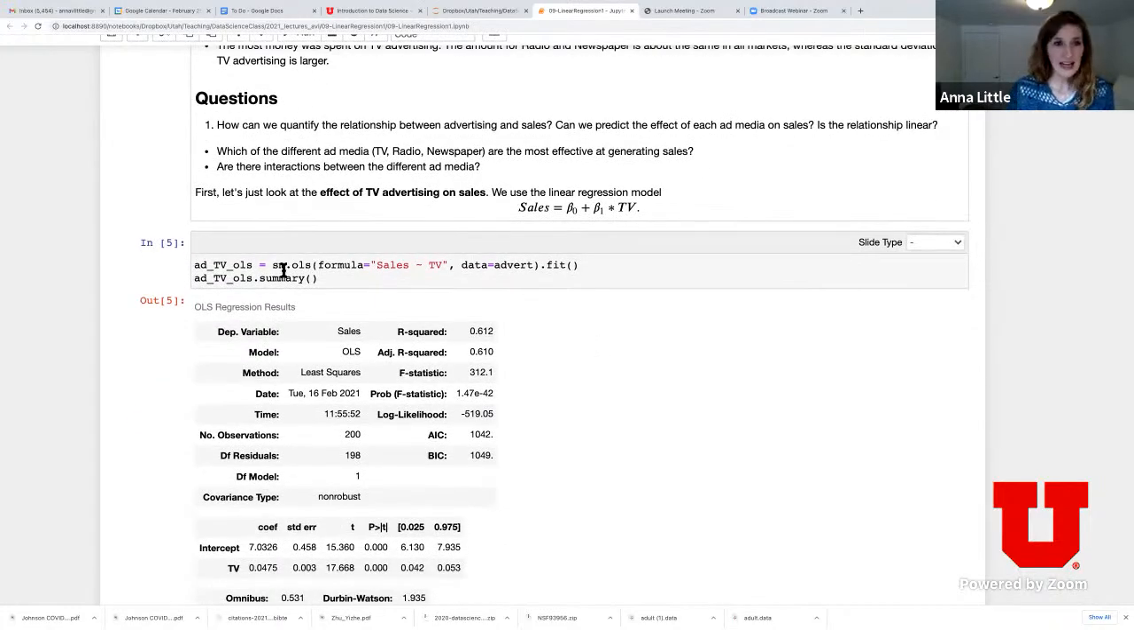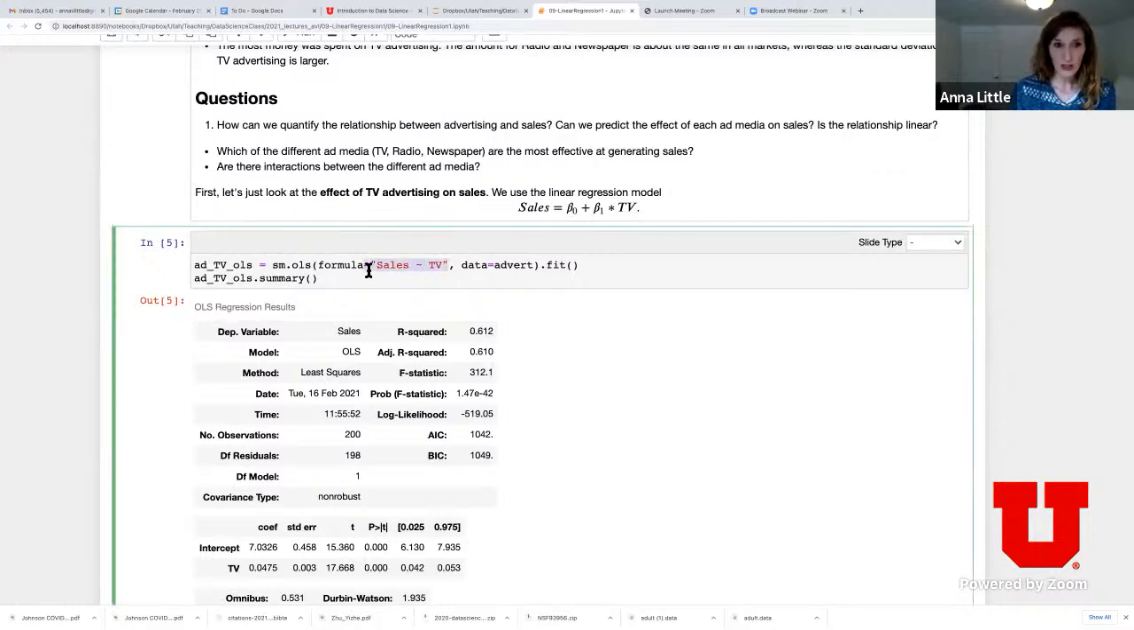And so we can use the OLS function from statsmodels, and it's really nice when you have your data stored as a data frame. You can just have a really simple call where you say, okay, I want to predict sales from TV, and I'm looking in this data frame, my advert data frame, and these are the columns that I'm interested in. And so you want to do this OLS.fit, and then you can print a summary to see the result of